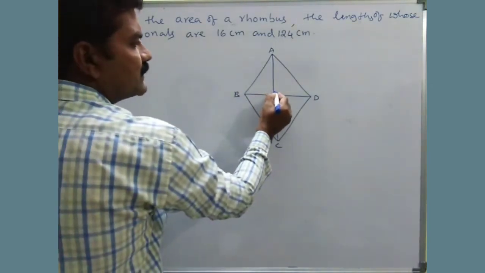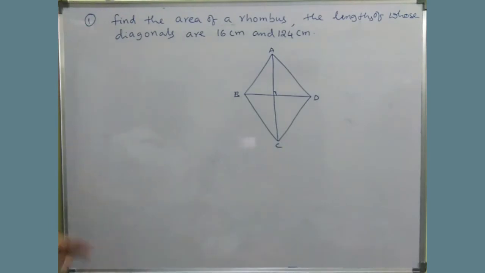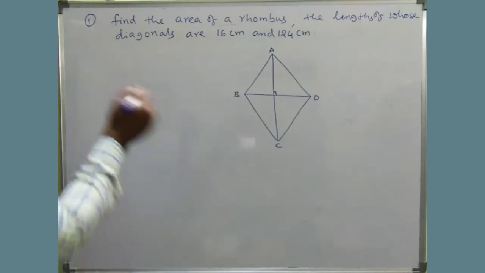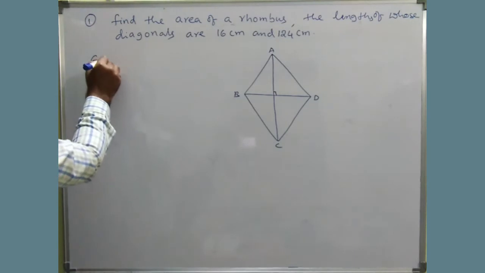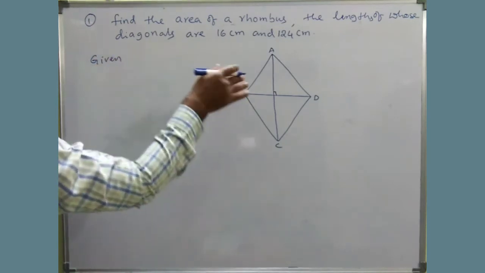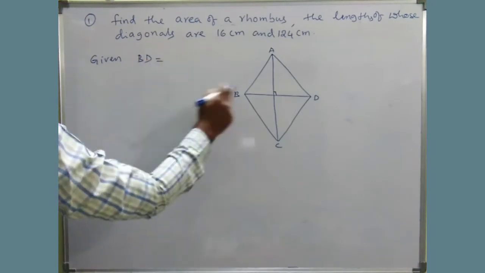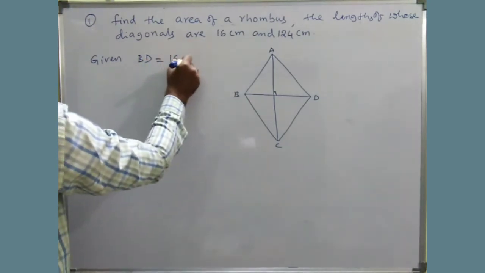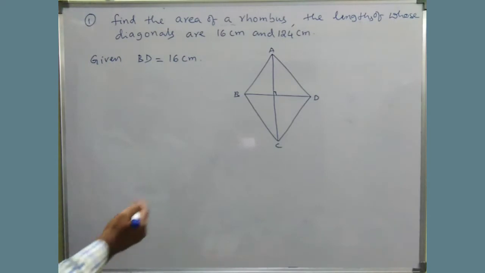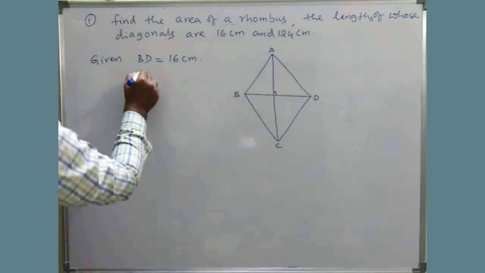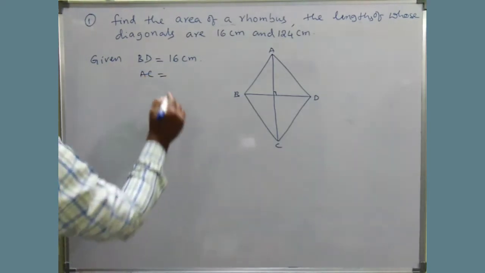And we know that in a rhombus, the diagonals perpendicularly bisect each other. So given diagonal BD length as 16 centimeters and AC diagonal length as